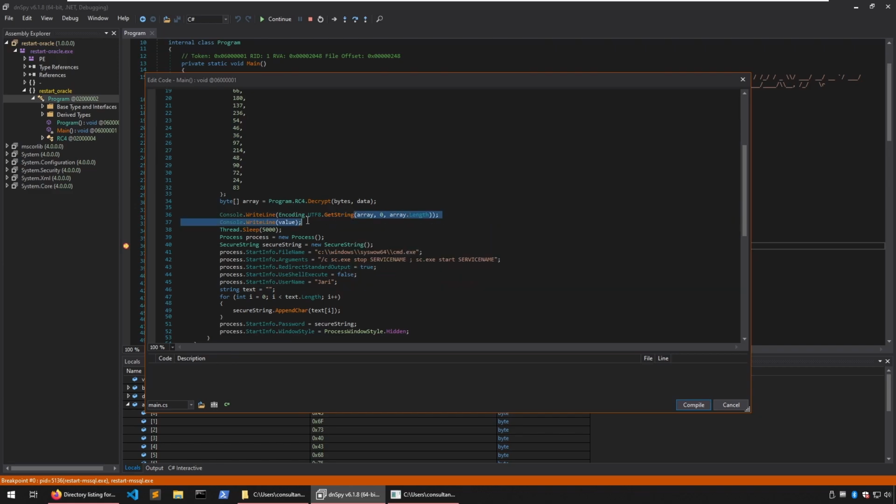Basically, this UTF-8 encodes the output of GetString. The array is the array of bytes, which is equal to the data of the decrypted password, from the offset 0 to the length of the array. What it does is put the array back together as a string. It converts the array to a string and then UTF-8 encodes it. If I go ahead and compile that,